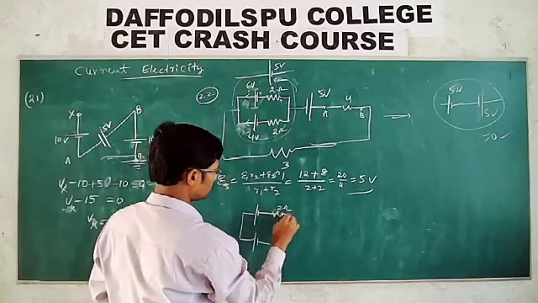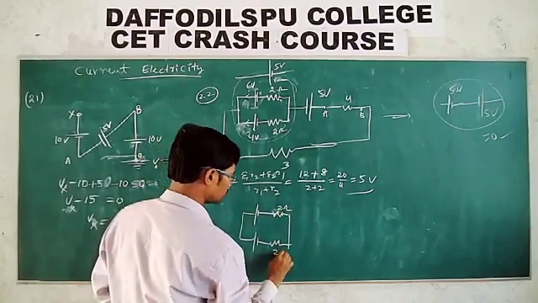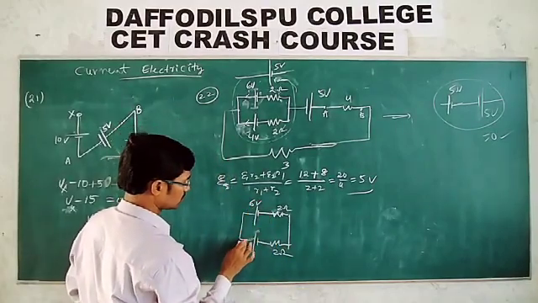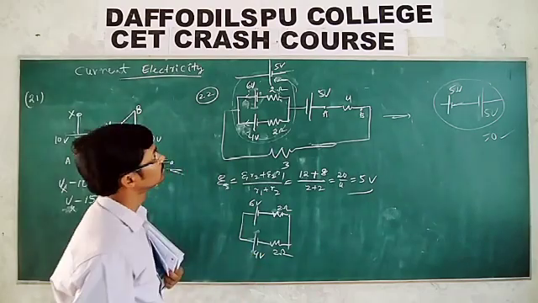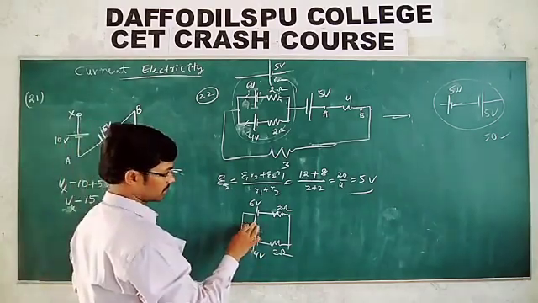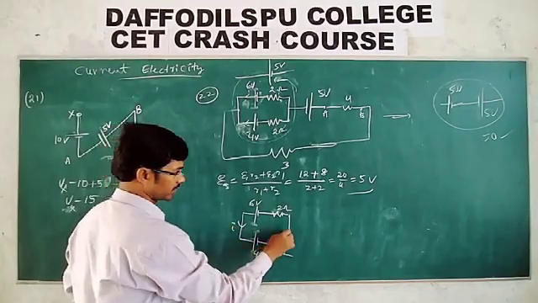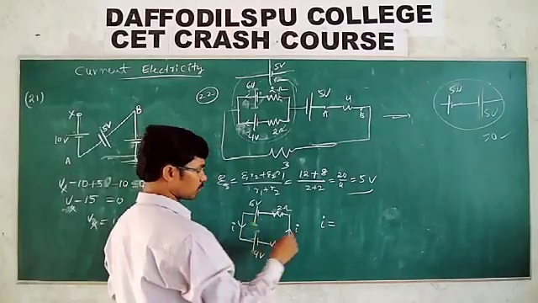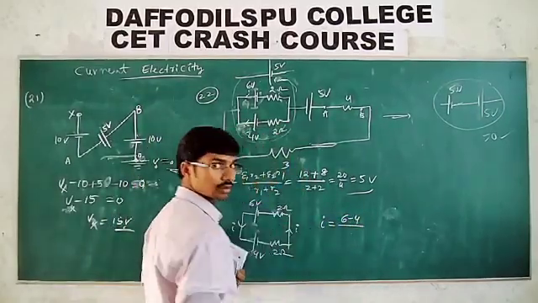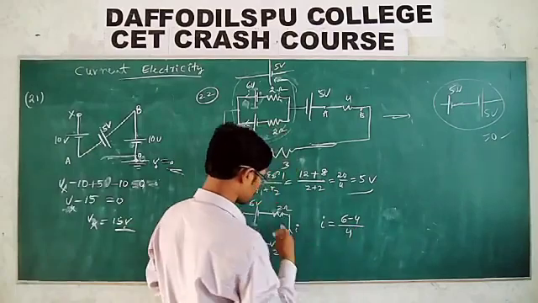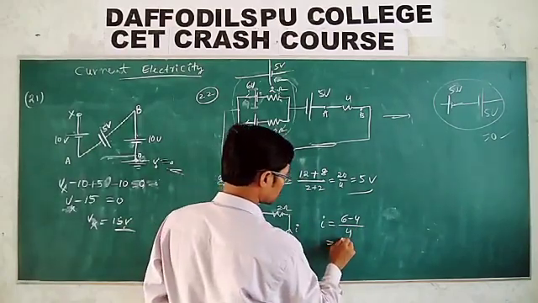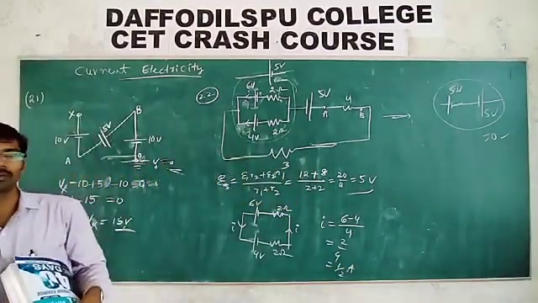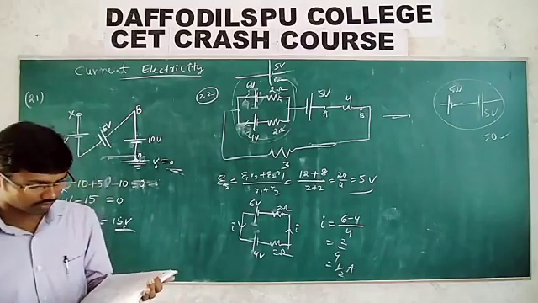Two ohm. 6 volt and 4 volt. Okay. Now what is the EMF? If I current is flowing, I is equal to what? 6 minus 4 by what is the resistance? 2 plus 2, 4. That is equal to what? 2 by 4, which is 1 by 2 ampere. 1 by 2 ampere is the current flowing, which is the third answer.